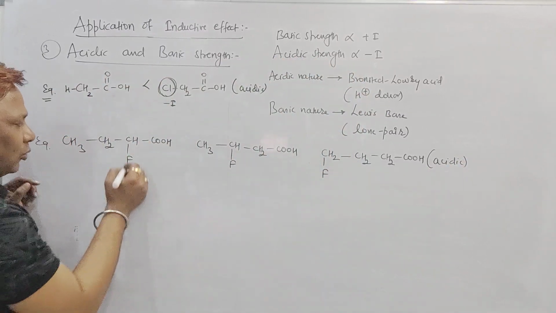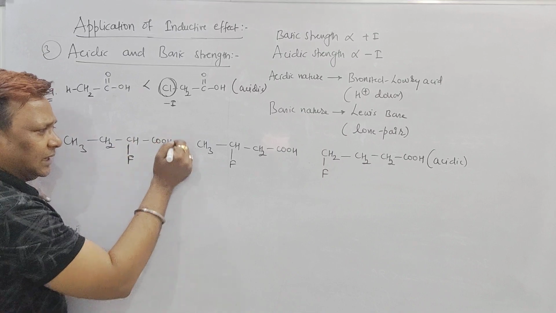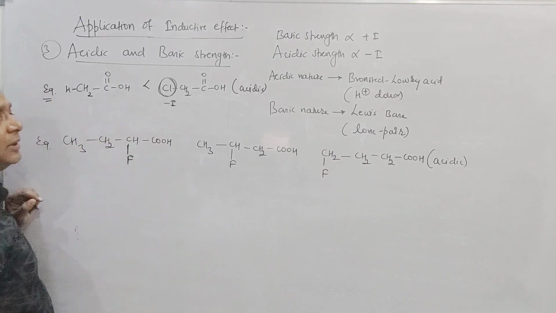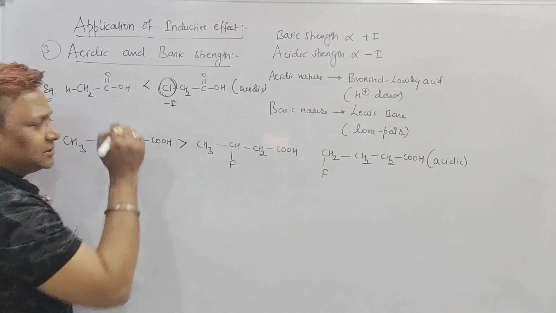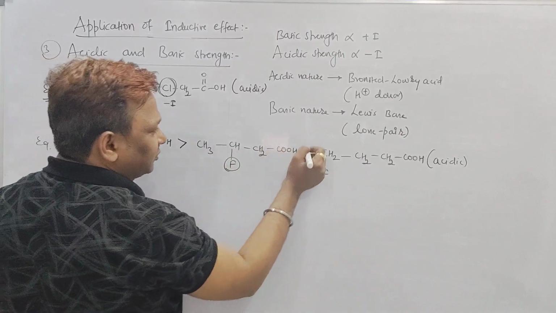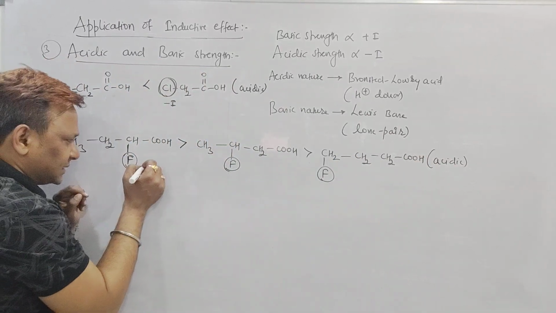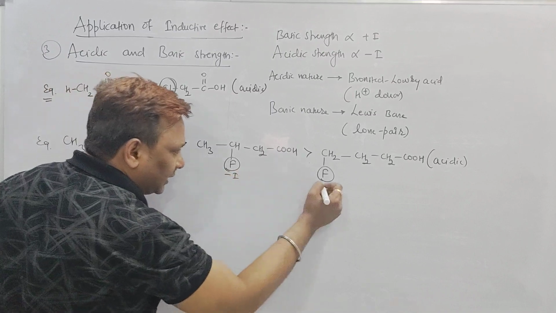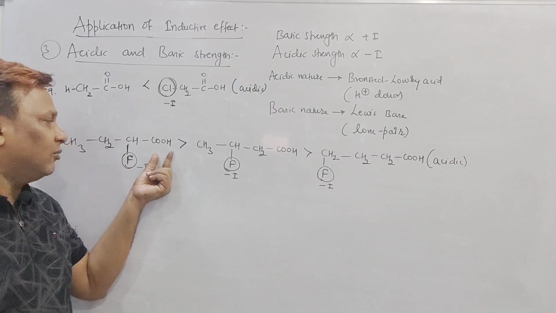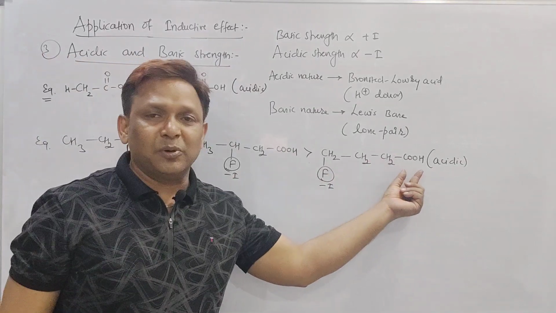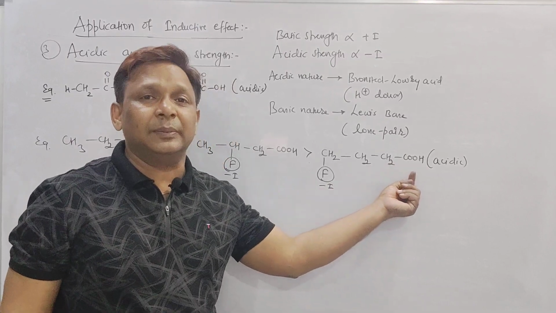See beta, fluorine is very near to the acidic group, meaning it has more tendency to withdraw. Easily it can take out the H plus ion and it can stabilize the COO negative ion. So fluorine, as it is very near to the COOH, will give the more acidic strength. Fluorine far away from this one, less. Fluorine far away from COOH, so less. So what we can say, fluorine has minus I, and do you know beta, all the inductive effects are distance dependent, and as fluorine goes away from the carboxylic acid, the tendency of this withdrawing group to stabilize the carboxylate ion will be less.